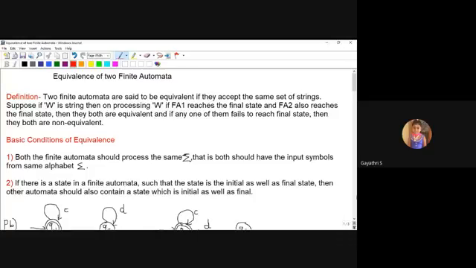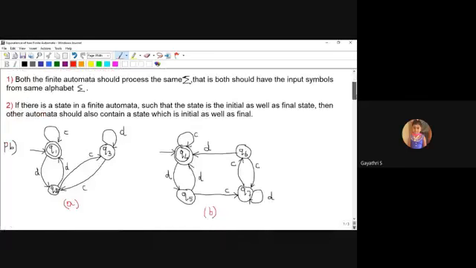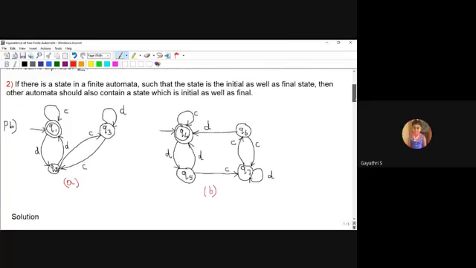First, I'm going to move to the problem. This is the given automata. Here your inputs are the transition diagrams of two automata. I'm going to check whether these two automata are equivalent or not. I have shown here a simple method to calculate whether these two automata are equivalent or not.